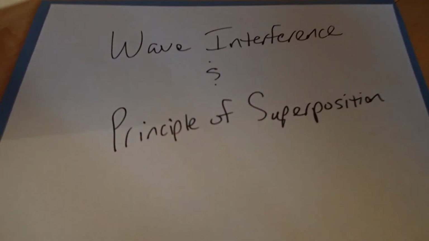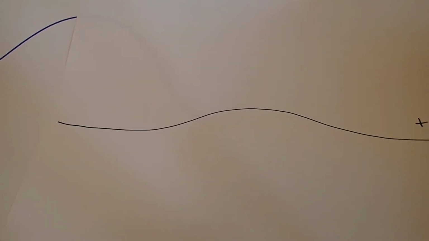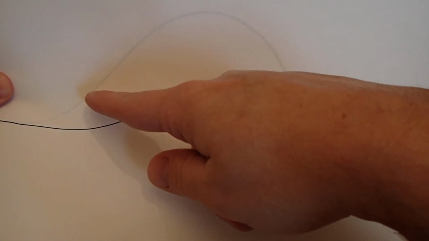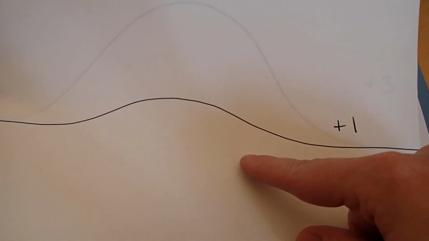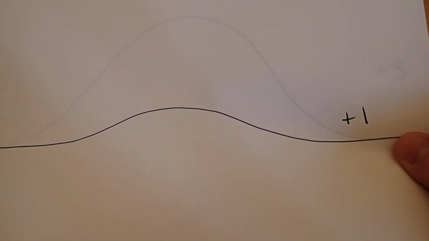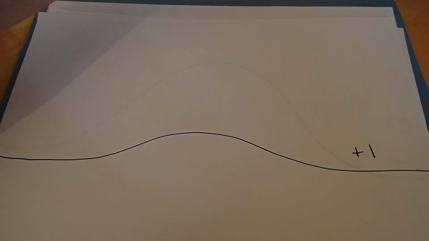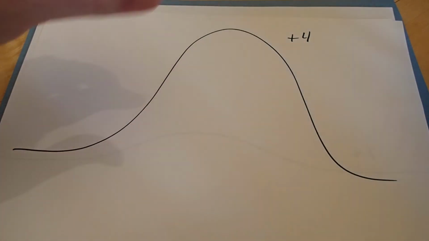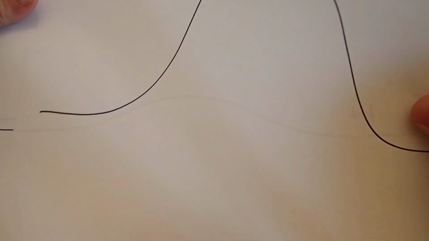Okay, if we did +3 and +1, so let's say we had two crests that were coming towards each other. Obviously they wouldn't cancel each other out, and you wouldn't see two distinct individual waves at the same time, so you'd have to superimpose them. So you'd have +3 +1, and what you would actually see would be +4. So it'd be an even bigger wave while they were on top of each other, but once they passed each other, you go back to the +3